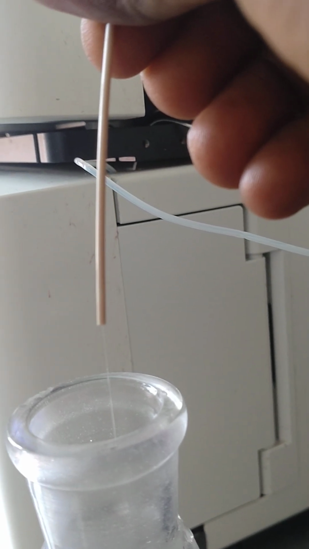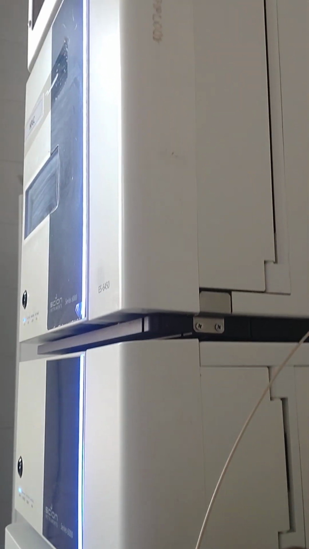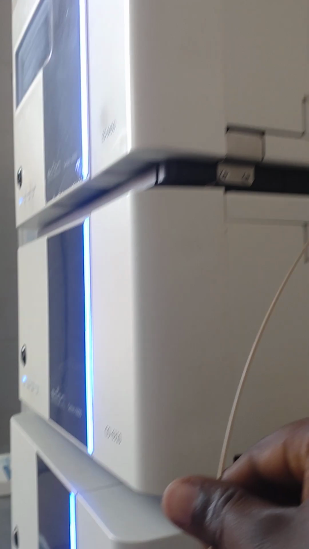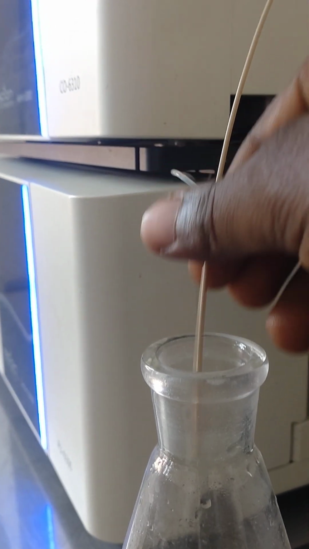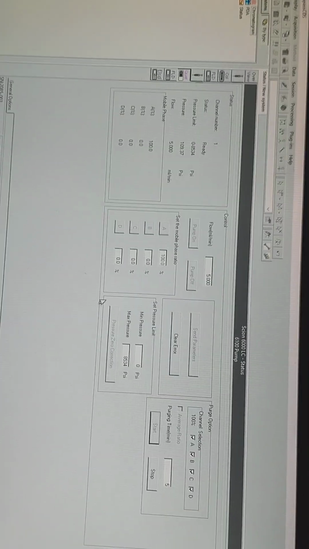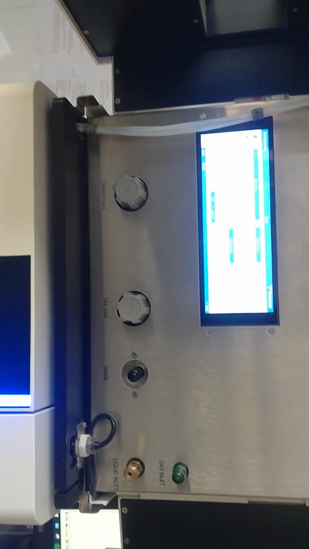So you can see the flow is ready, it is steady. Therefore, the pump is working properly. But the only problem that we are having is only the detectors. Since two detectors are not connected, for example, this evaporative light scattering detector, you see that it